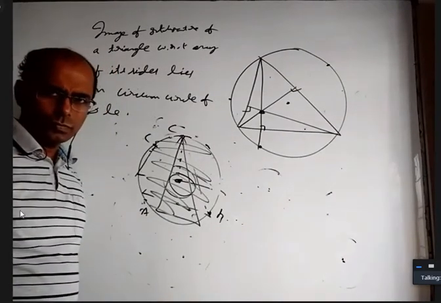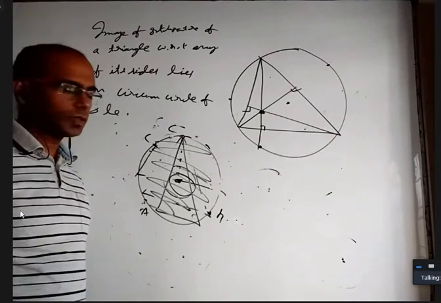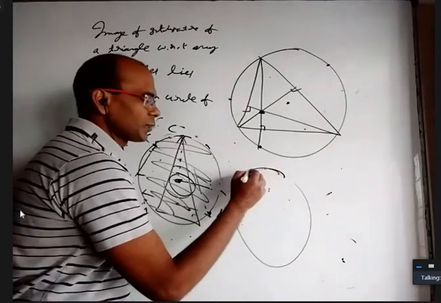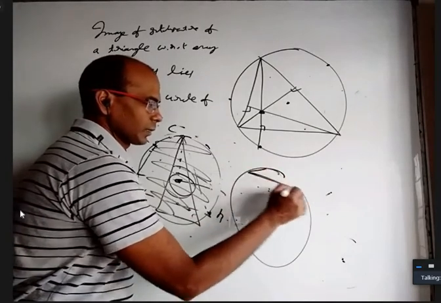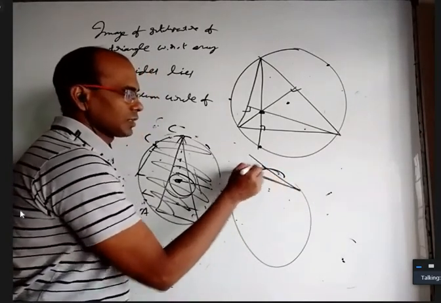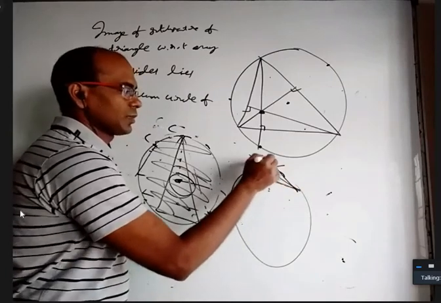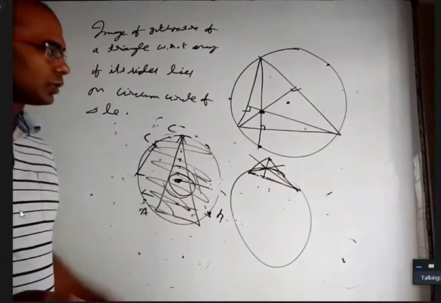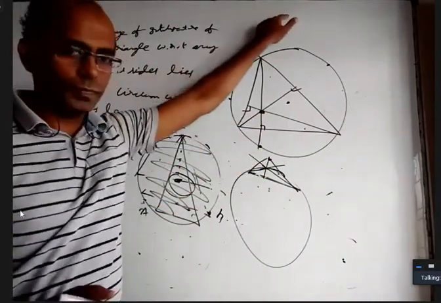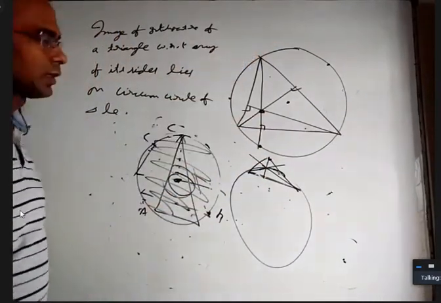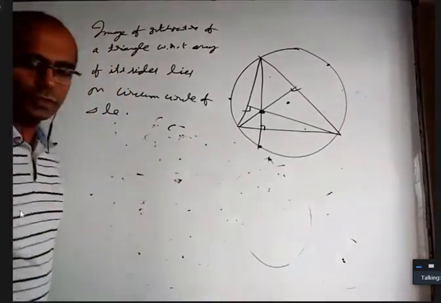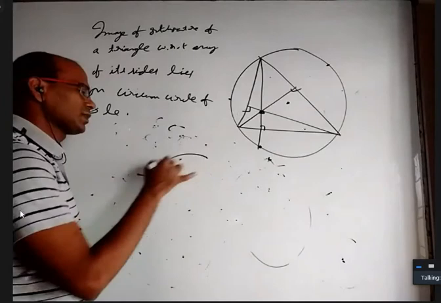Sir, outside also, no, sir? Every point inside is okay, on the circle is okay. Outside is also possible. Why? If you take an obtuse angle triangle and draw this altitude and this altitude, they meet outside. It can be outside also. How far can it go? Can the orthocenter go very far? No. How much far outside can it go? Double the radius, sir. Yes, it is double the radius.